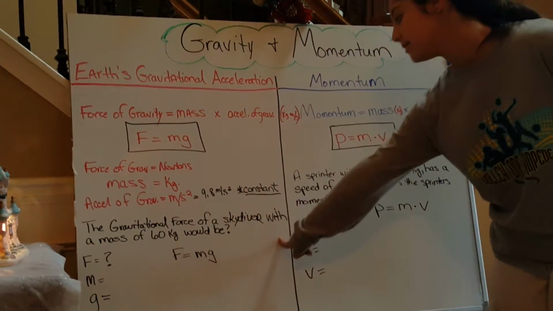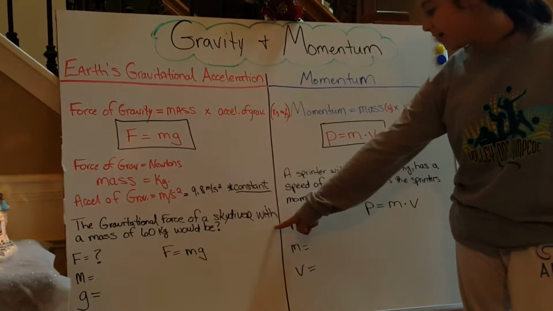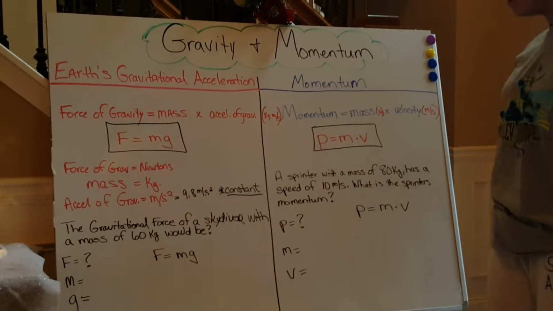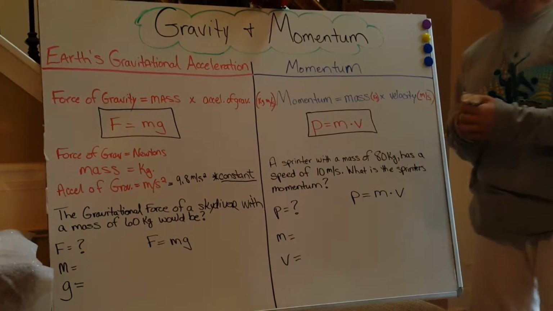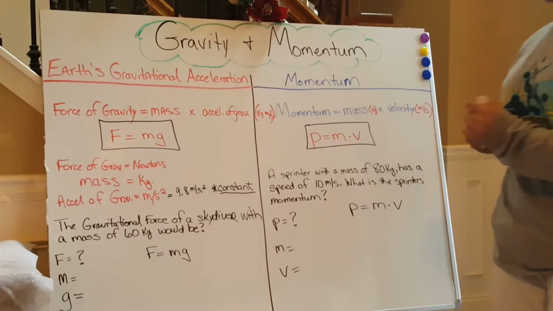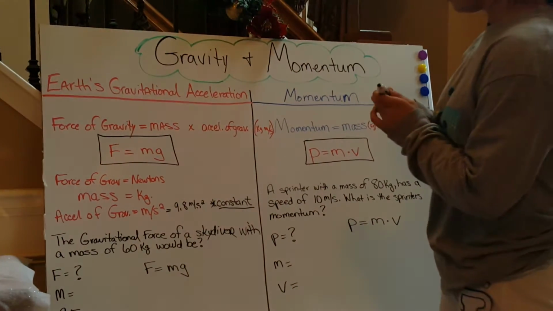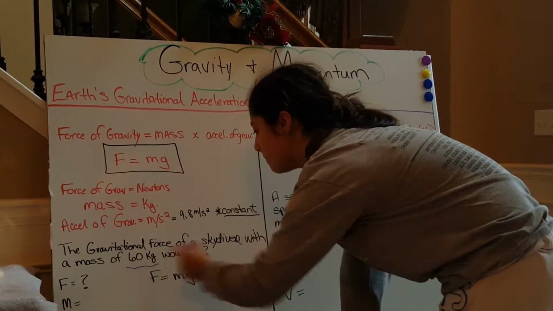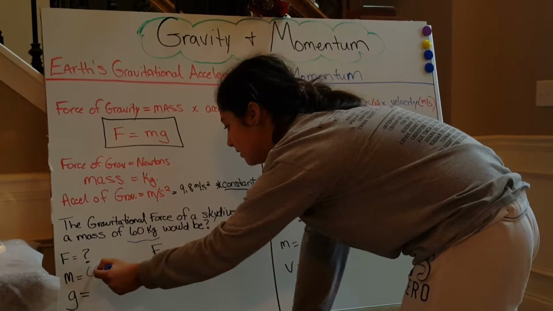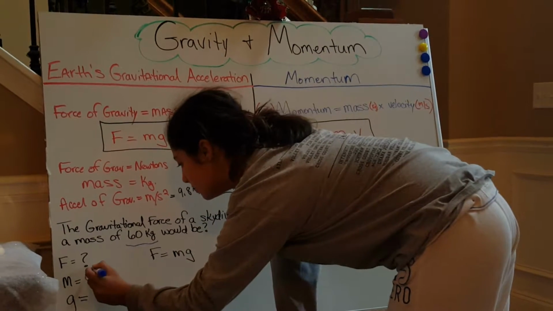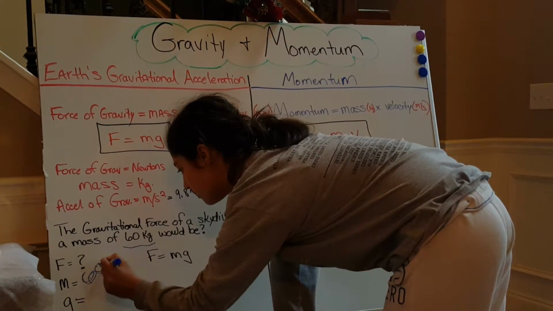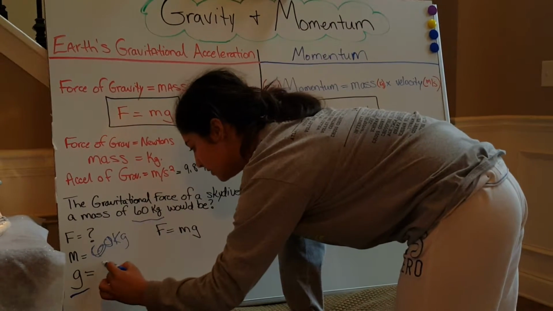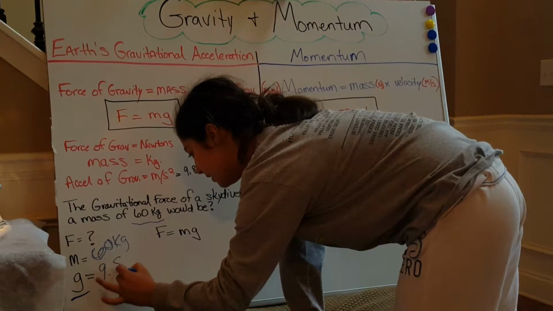Right here it says the gravitational force of a skydiver with a mass of 60 kilograms would be, so let me grab my handy dandy marker and I will show you how to do this. Alright, so this is going to be your mass. So you're going to plug that in, 60 kilograms. And your gravity is always going to be 9.8